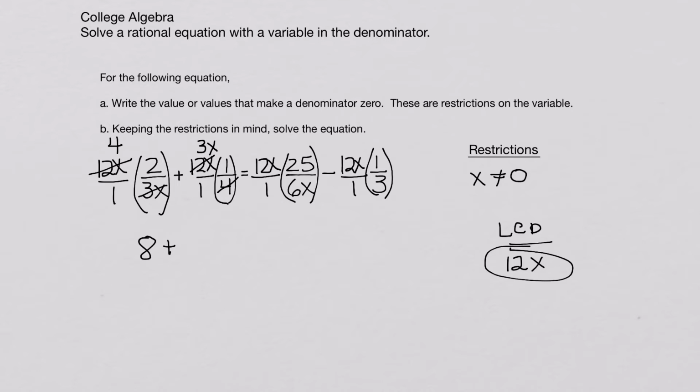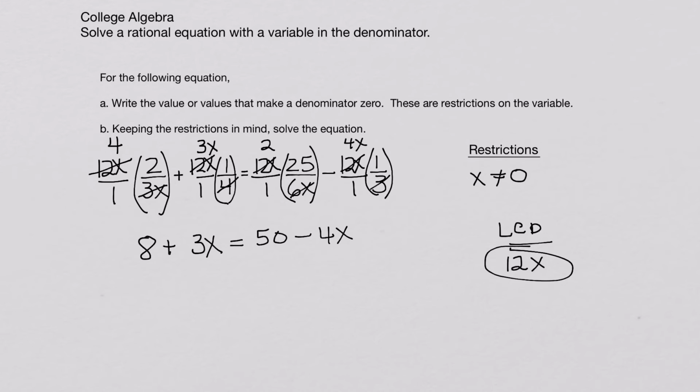I don't like to just cross out the 4 and the 12 and write the 3 above. A lot of times you forget that x, at least I do. So just bring it along, and that way you don't get mad later when you realize you have to redo the problem. So we have 3x times 1, which is 3x. And this equals 6x into 12x goes twice, and 2 times 25 is 50, minus, and 3 goes into 12x 4x times, and 4x times 1